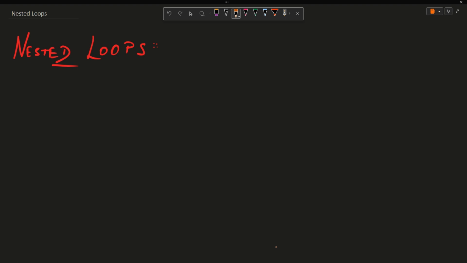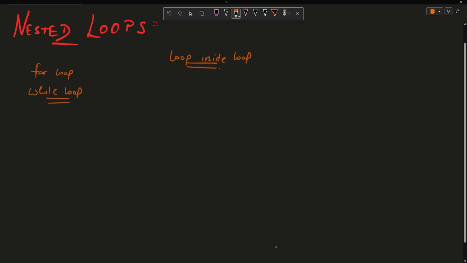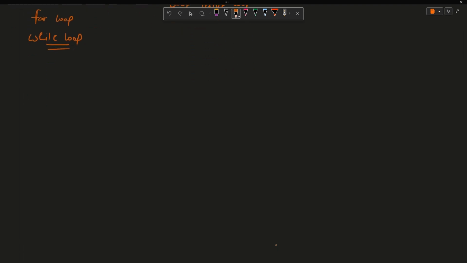And today I'm here to bring out the topic of nested loops for you. In the previous two videos we have discussed the for loop and the while loop, and now it's time to delve deeper into the loops. Nested loops stand for loop inside loop. What do I mean by that? Suppose I write a code using a for loop that